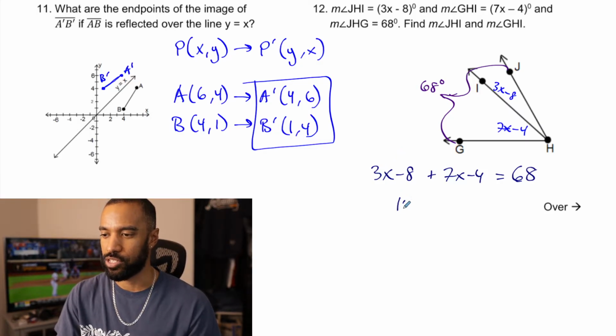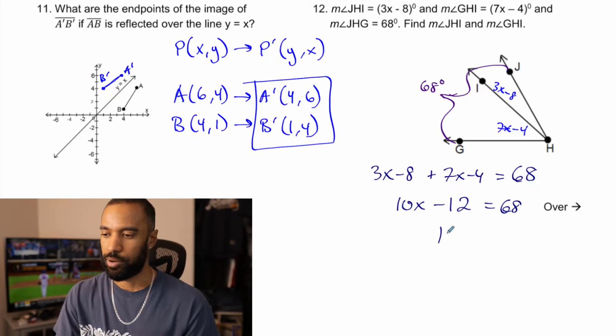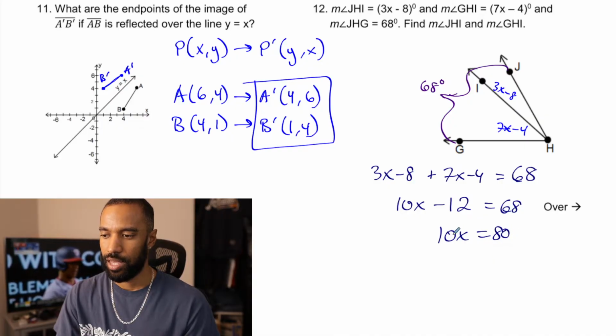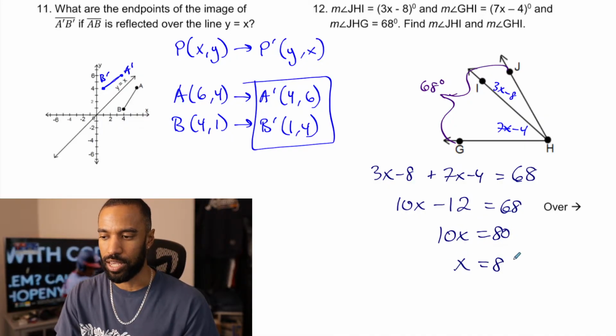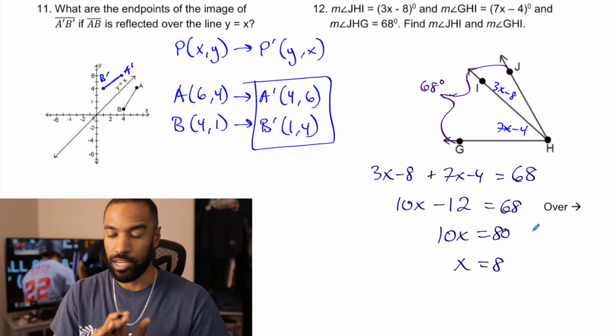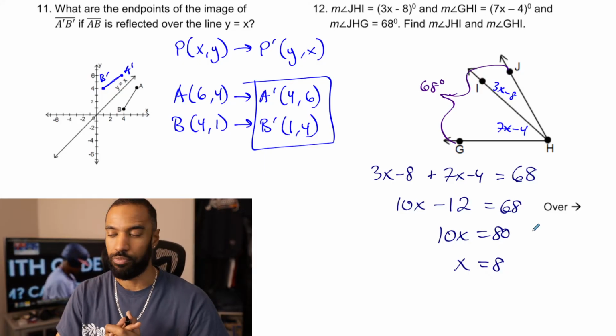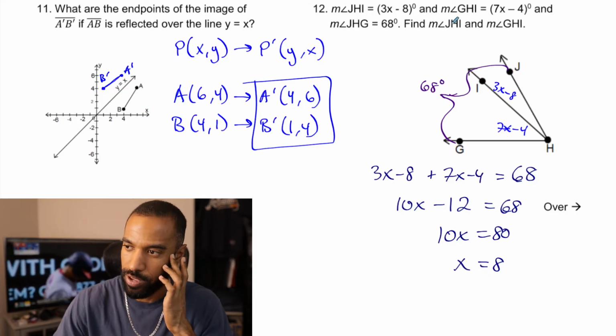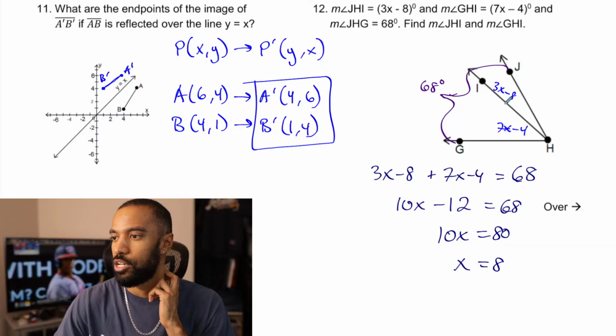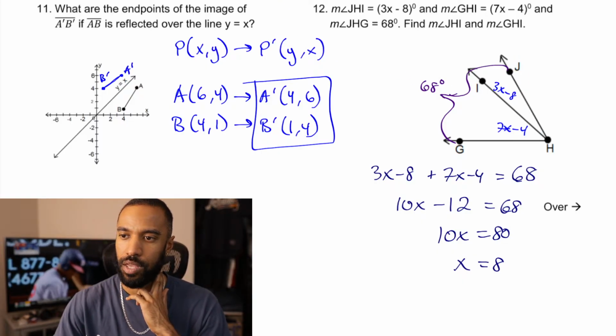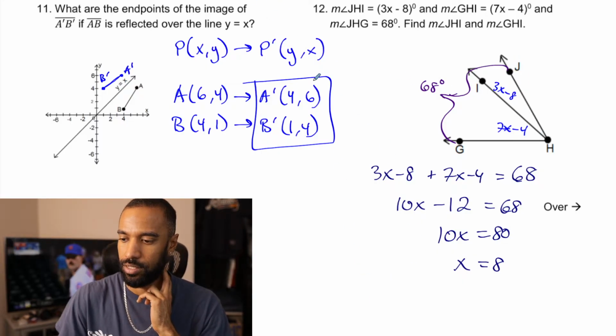These are the kinds of algebra things we're going to have to solve for here and there quite a bit. 3x plus 7x is 10x. Negative 8 minus 4 is negative 12. If I add 12 to both sides, I get 10x equals 80. If I divide both sides by 10, I get x equals 8. Now I'm going to use that x. Remember, I'm not done unless they just said solve for x. Here they don't. They say find the measure of angle JHI and GHI. JHI is 3x minus 8. So if I take